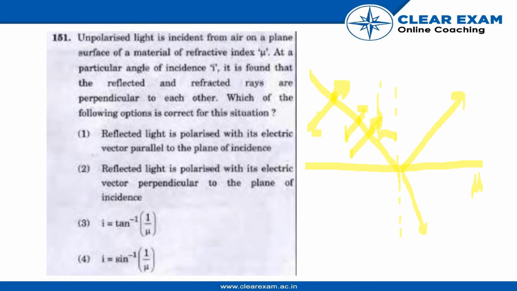So the angle between both of them is 90 degrees, as it is said over here: the reflected and the refracted ray are perpendicular to each other. As they are perpendicular to each other, the incident angle I is equal to angle theta P, which is the polarizing angle for the unpolarized light. So using Brewster's law, we can say that mu is equal to tan